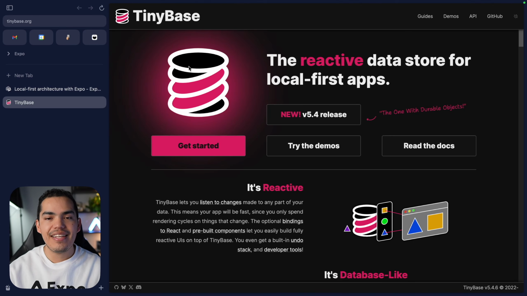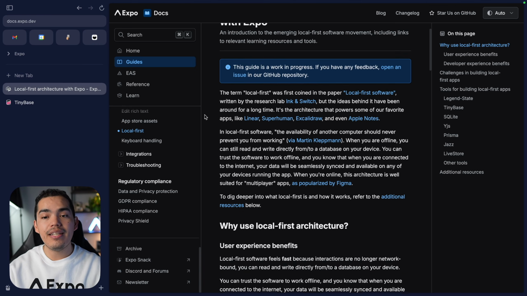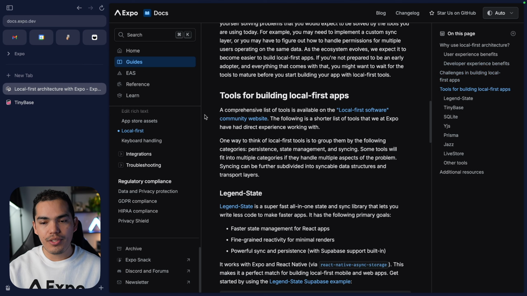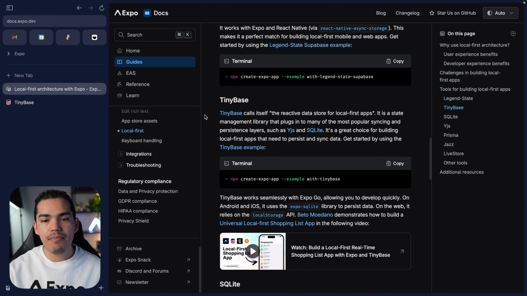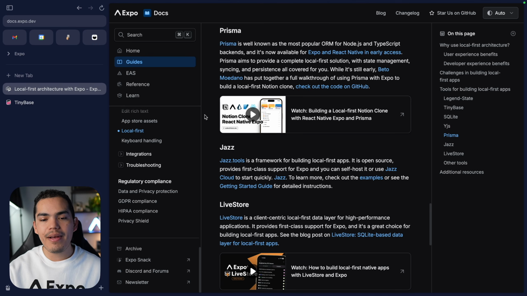Just as a reference, guys, we're going to be using TinyBase, and if you want to learn more about TinyBase, just go to tinybase.org and you're going to find all you need about TinyBase. Also, if you want to learn more about the local first architecture with Expo, we have this great document that will get you started. In this case, we're going to be using TinyBase, but with Expo, you have the flexibility to use the local first architecture using Legend State, for example, in this case, TinyBase, SQLite, YJS, Prisma, Jazz, and